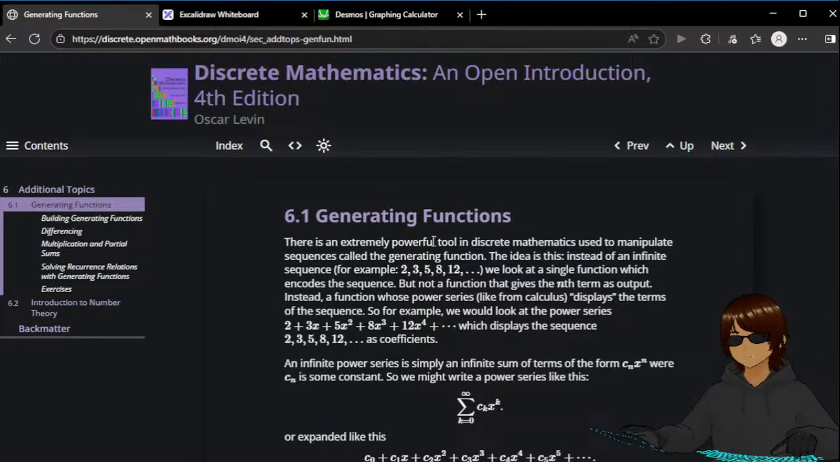This is an extremely powerful tool in discrete mathematics used to manipulate sequences, called generating functions. The idea is this: instead of an infinite sequence 2, 3, 5, 8, 12, we look at a single function which encodes the sequence, but not a function that gives the nth term as output. Instead, a function whose power series displays the terms of the sequence. So for example, we will look at the power series 2 + 3x + 5x^2 + 8x^3 + 12x^4, which displays the sequence 2, 3, 5, 8, 12